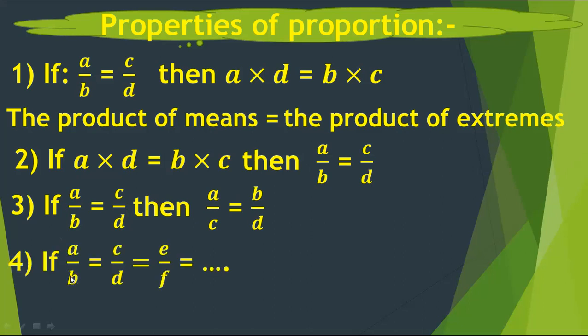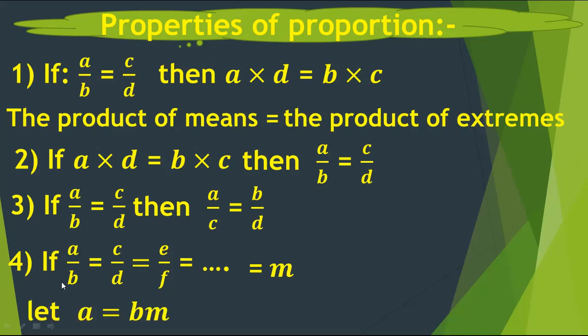Number 4: if A over B equals C over D equals E over F, and so on, ratio equals ratio equals ratio, it's a proportion, as we said at the first: equality of two ratios or more. If any ratio equals M, then we can say that